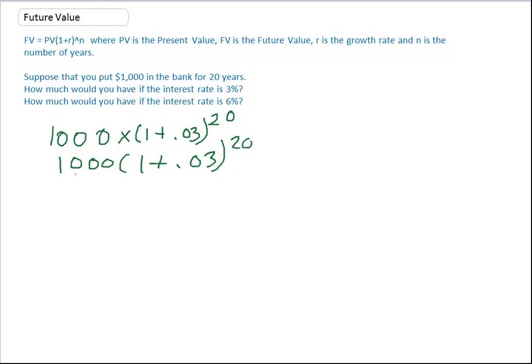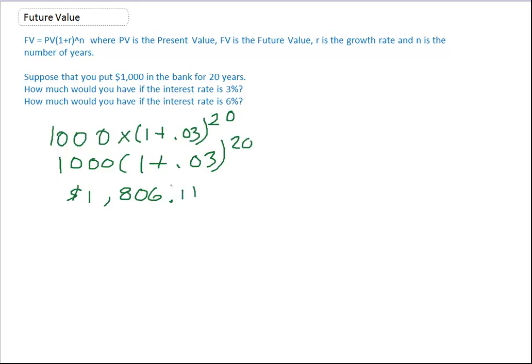Because of the parentheses, it's pretty clear you're going to multiply. So I calculated, running this through, that I would have $1,806 and about